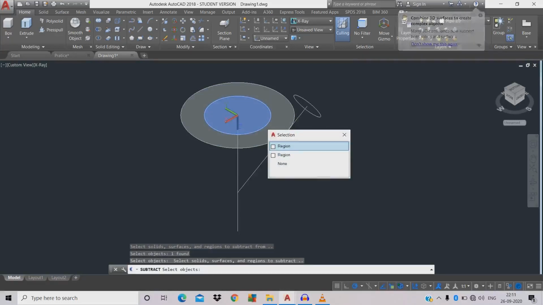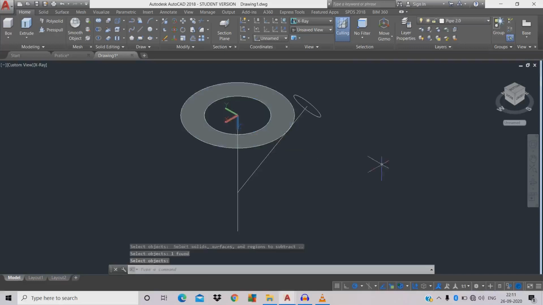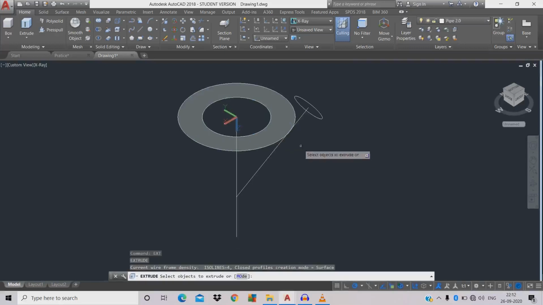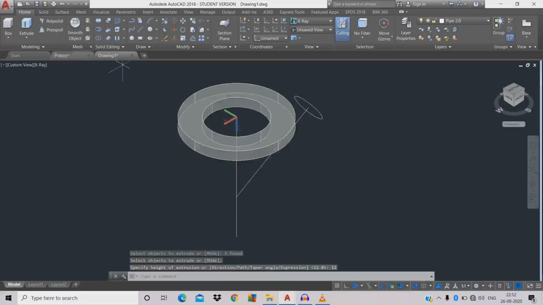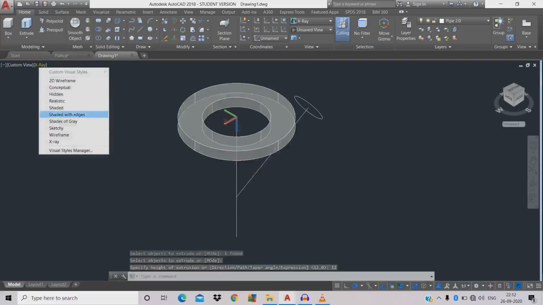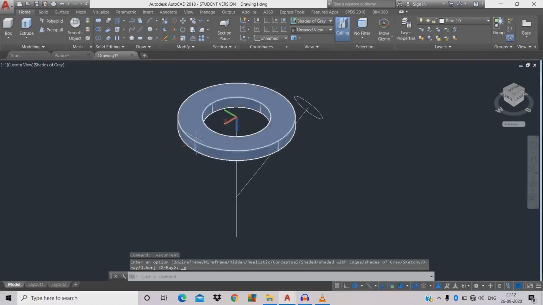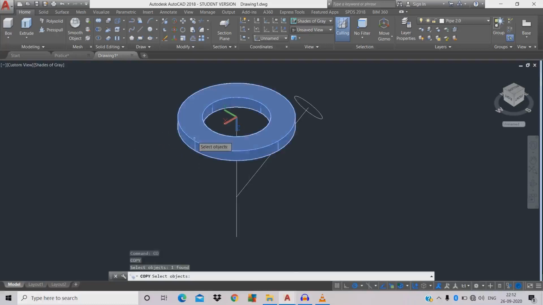By using REG, region, we can find region space. EXT, click, just go to mode, change to solid, click the surface space. We're gonna extrude for 12 mm. Click the X-ray, go to shades of gray. We're gonna copy CO space,